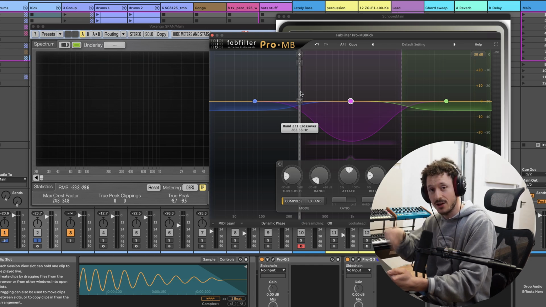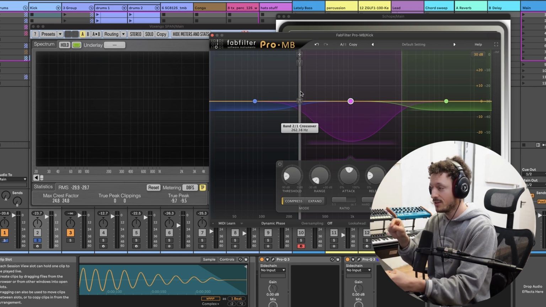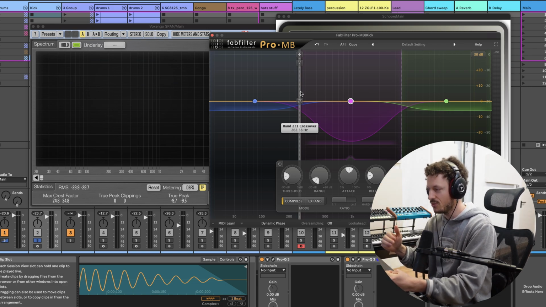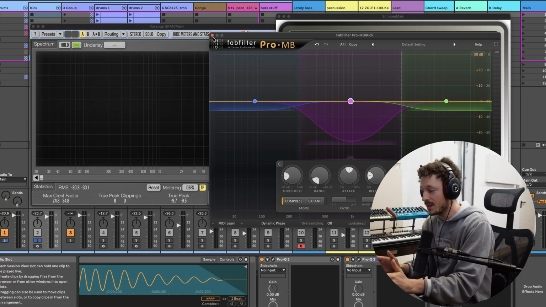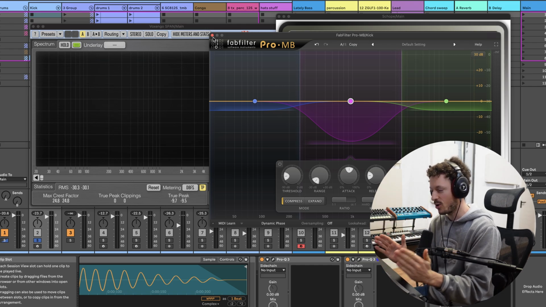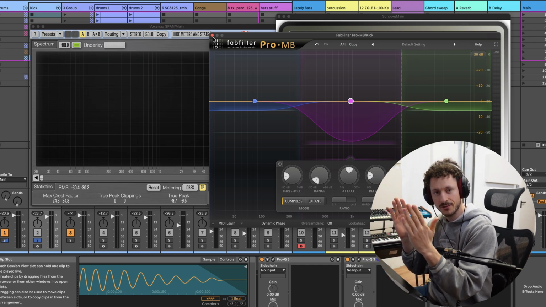So a compressor is kind of like a volume control, and you can tell it what to do depending on what sample comes in. You say, wait a bit, and then bring it down. Or immediately, once the signal gets over a certain threshold, bring down the volume. And you can use that to control volumes, but also to shape your sounds, like the dynamic form of the sound. And in a multiband compressor, you just have a bunch of compressors which take care of a